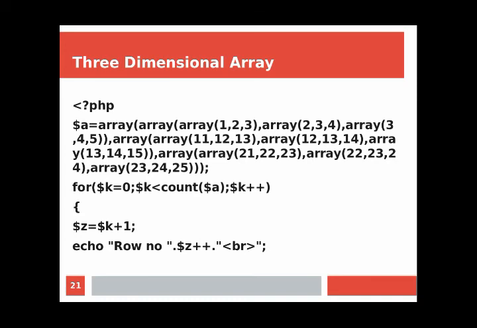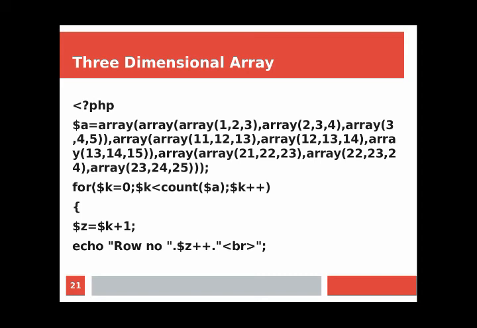So I already told about multi-dimensional arrays, that is an array within an array, and we covered the two-dimensional array. So here remember that in the first array there is a second array, and again in that second array the third array is here. Last time we considered row and column, that is I and J. Here we will consider first a layer, second a row, and third a column. So I, J, K in this way.